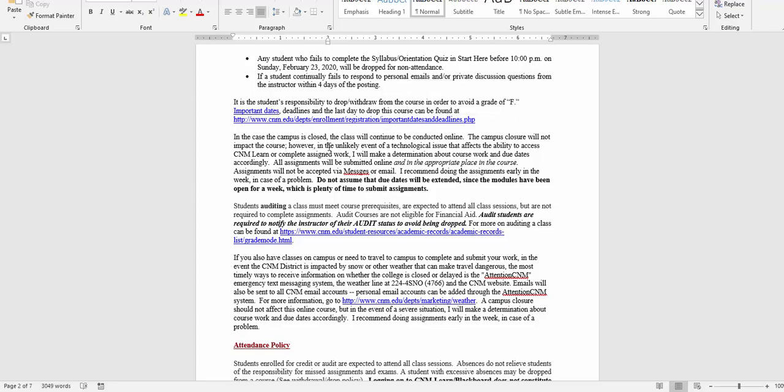Okay. In case the campus is closed, we are still in winter. In fact, winter will end right when this class ends. So if we do have a snow day or a closure and the campus is closed, that doesn't affect us. However, if you're working from a library or you need a campus, then that does kind of mess with you. So a campus closure will not impact the course, but if there is a technological issue that affects Blackboard,